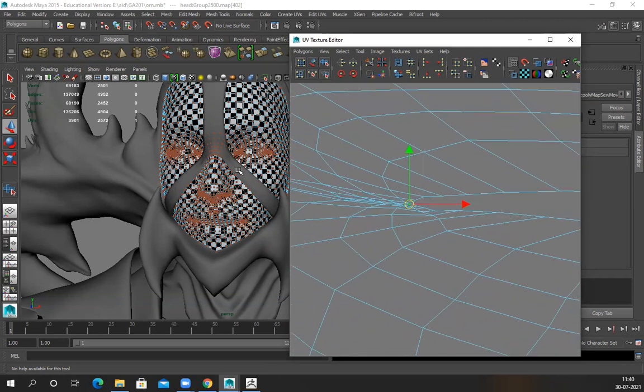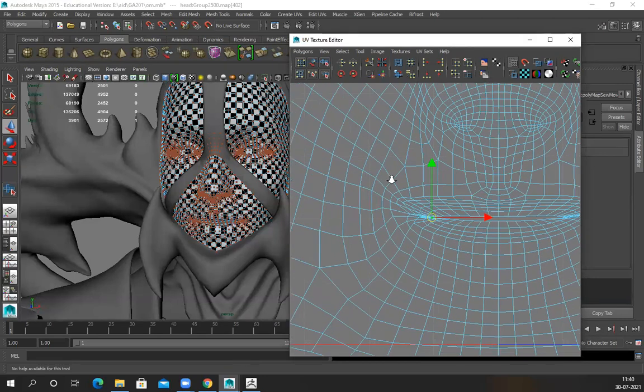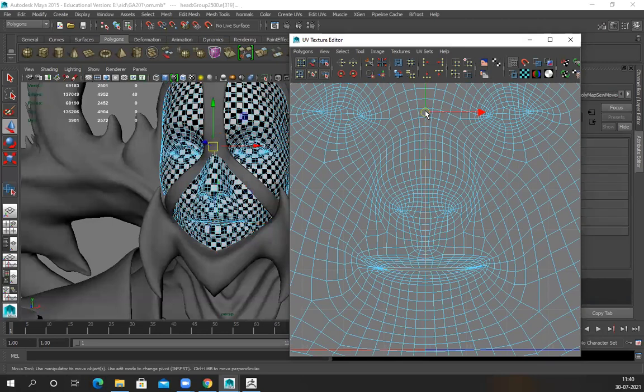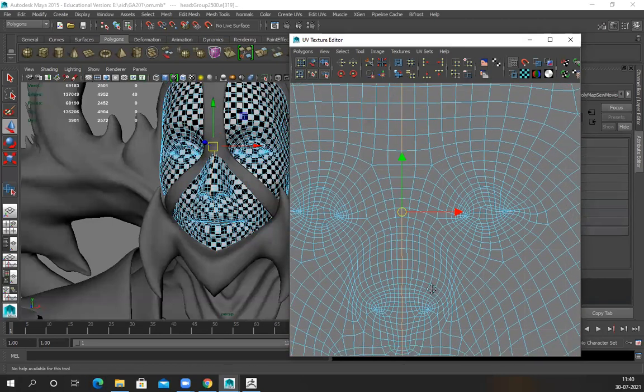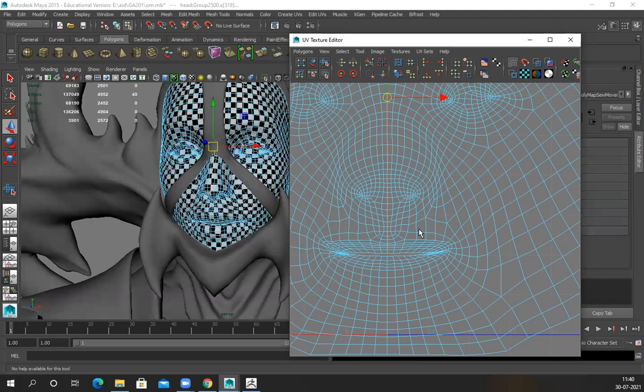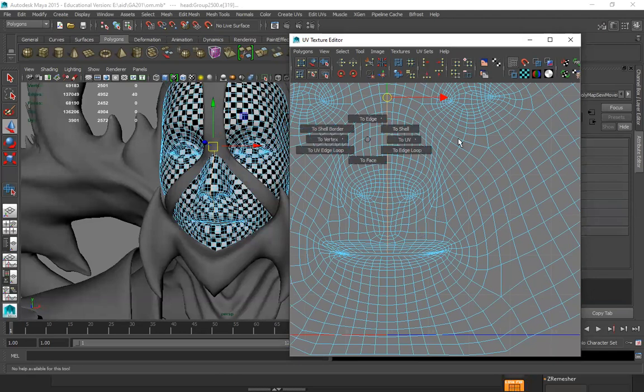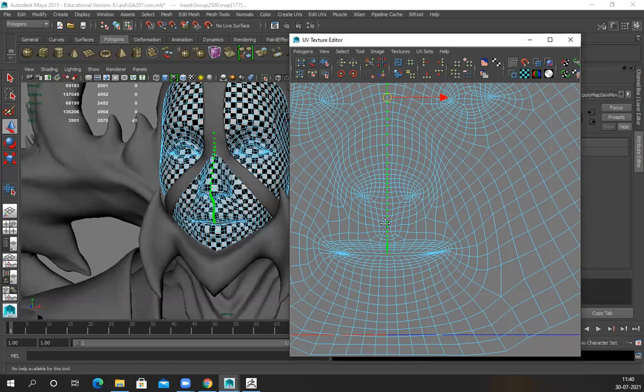And the easiest way for the body, delete the half model, create one part, then symmetry. And make sure whenever you're unwrapping, especially the head, the central line is always perfectly straight. That is something you have to keep in mind.